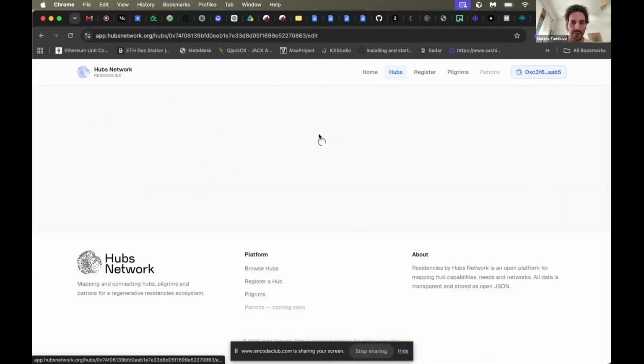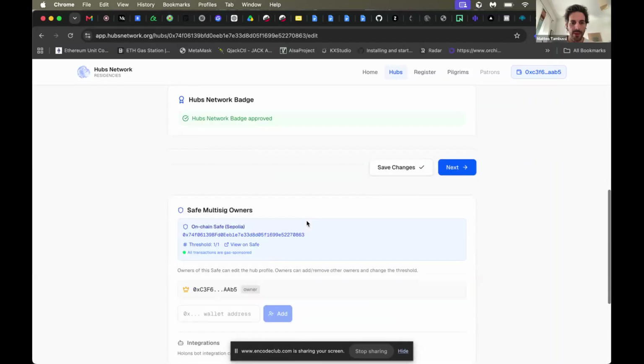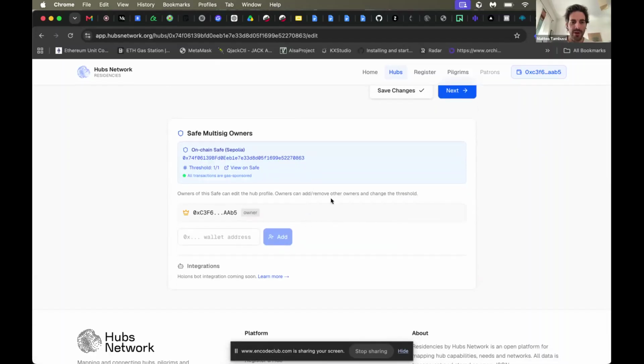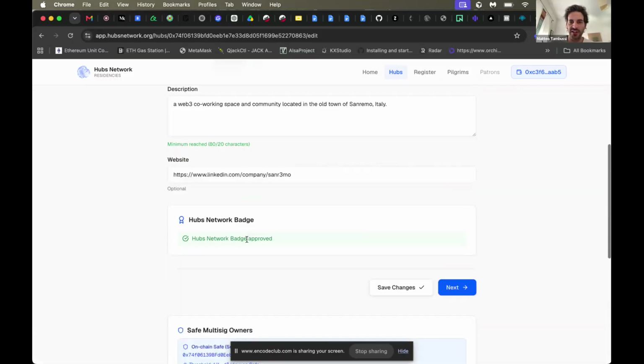Edit profile. Whenever you register a hub, a Safe, a multi-sig wallet, is automatically created where you can add all your hub co-owners, and they will be the co-managers of this space, as well as accepting pilgrims for residencies, etc.